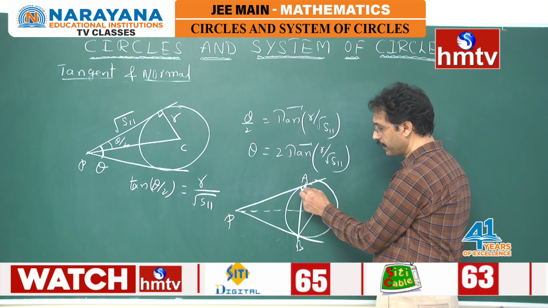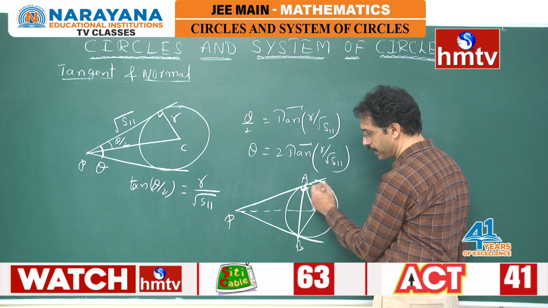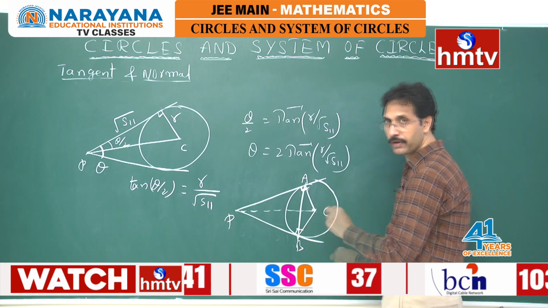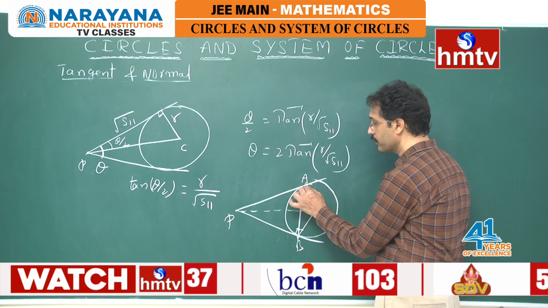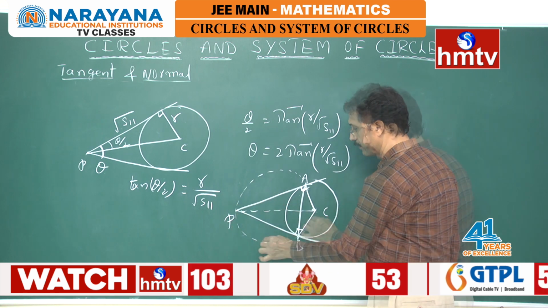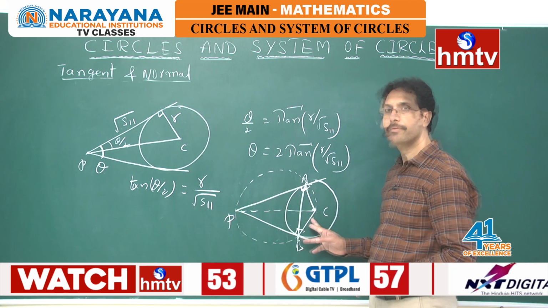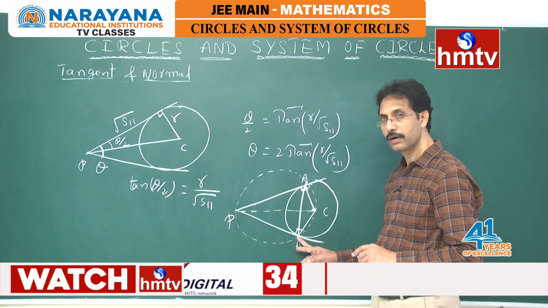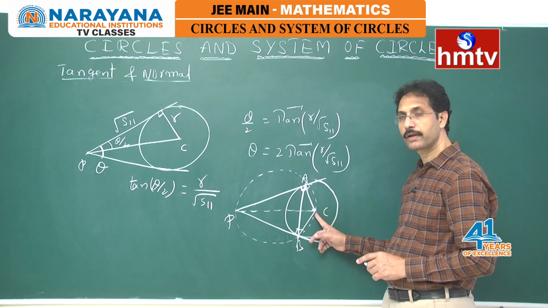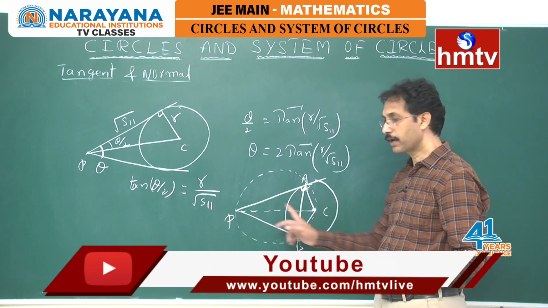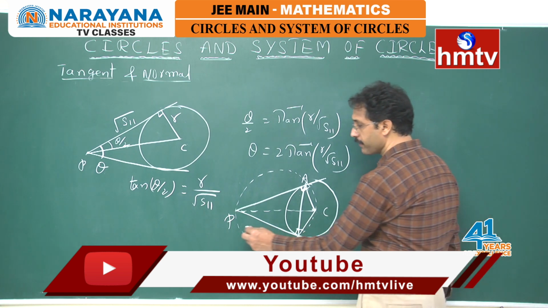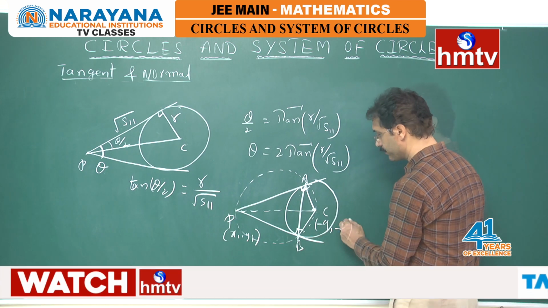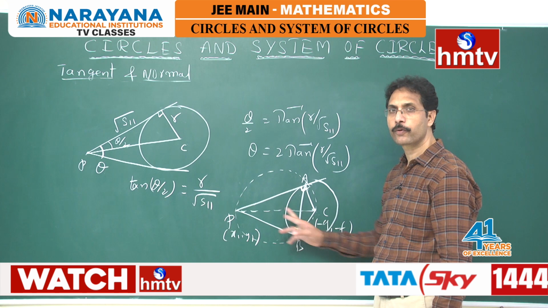Understood why? It is a circle passing through A, B, P, which means this is 90, no? So in that case, our CP will act as the diameter of the circumcircle. If I join like this, you will get a circle in this way. For this circle, CP will be the diameter. So remember, the circumcircle of triangle PAB always passes through the center of the circle. Suppose P is given as (x1, y1) and the center is given as (-g, -f). Then by the diameter form, we can find the equation of the circle.